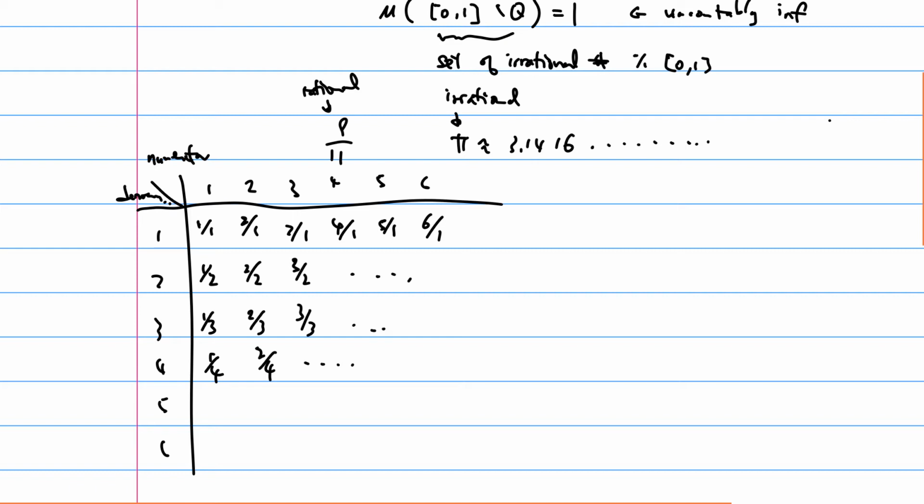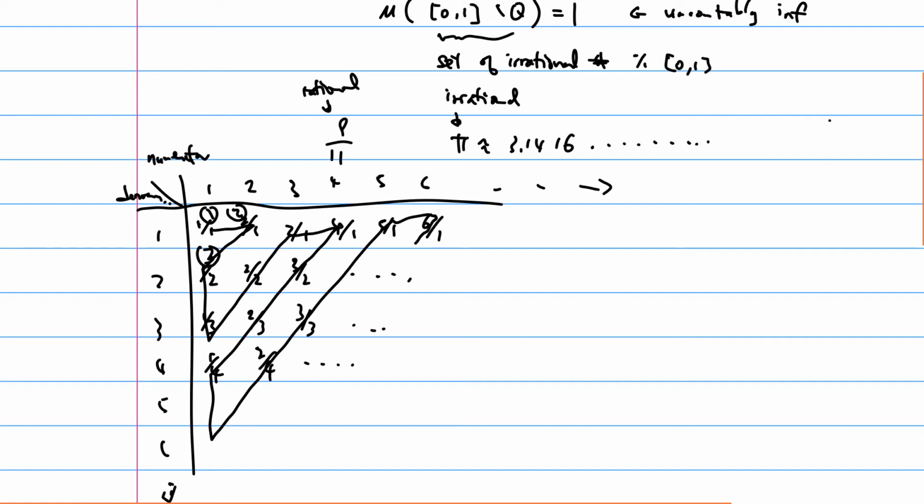So you see the idea here. Of course, there will be some double counting here, but we don't care. It's okay to double count. The point is that all the rational numbers can be tabulated in this huge table, which goes all the way to infinity. But now if we count in a zigzag way, with this as index 1, this as index 2, this as index 3 and so on, then we can really count everyone. So all of them will be assigned an index.